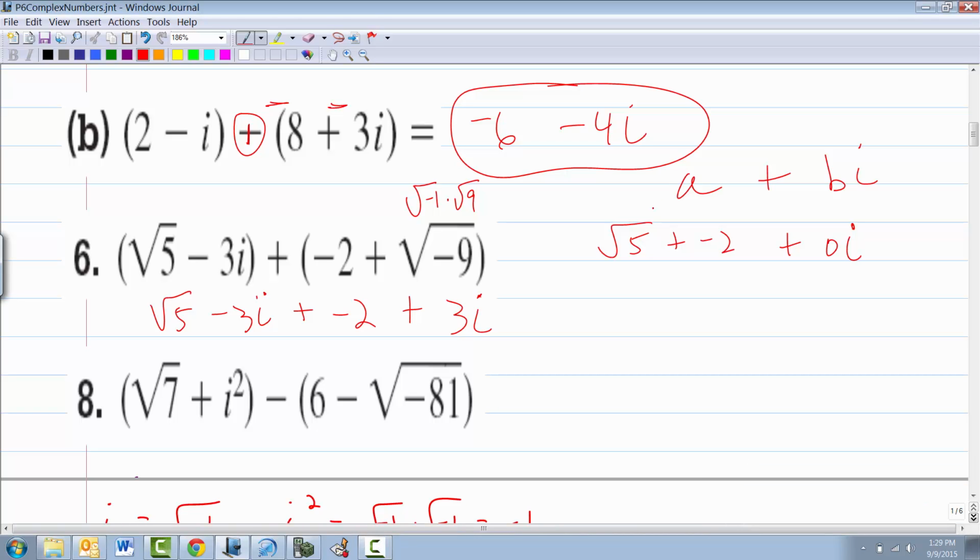Adam, the a part is actually all this junk. If you were asked, what's the real part of this? Again, don't overdo this. This is just math vocab that I'm going through at the end here. All right, so don't faint over what I'm doing right now. But in the standard a plus bi form of a complex number, the a part is this root 5 plus negative 2. And then you don't have to write this, but the b part is 0 because we lose that imaginary part.